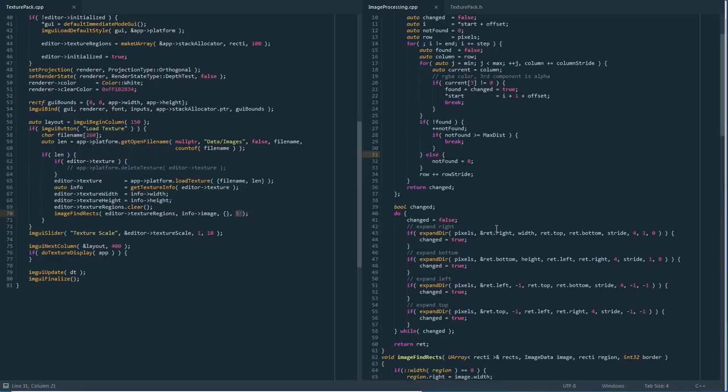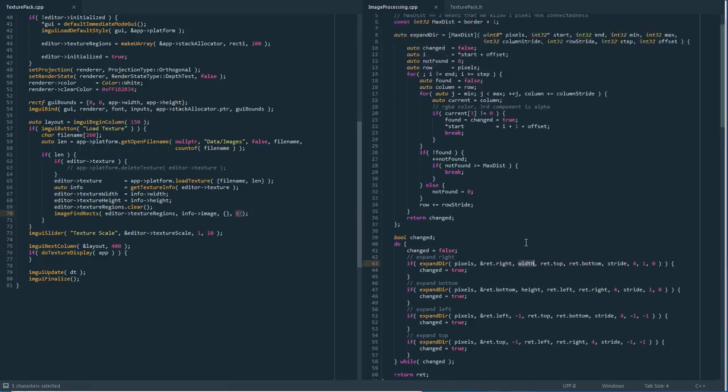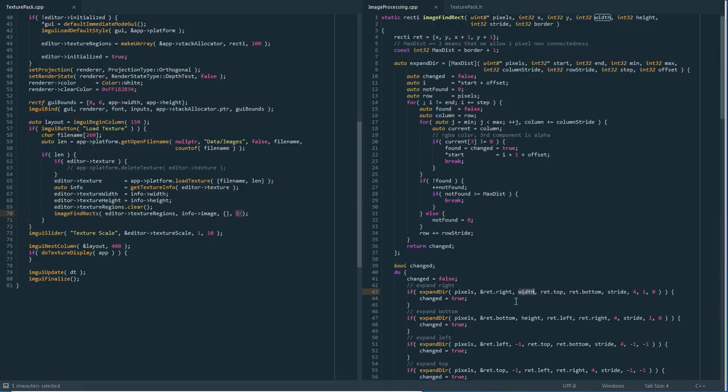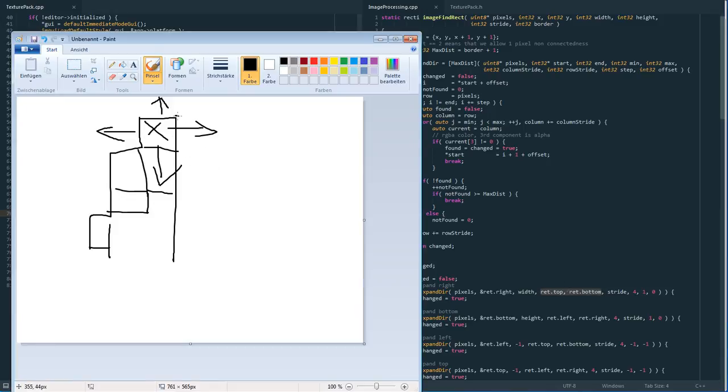Okay, so what am I passing in there? So here we are trying to expand to the right. Width is the width of the image. And then it takes the top and bottom of the current region, which is this part. And then it's looping over all the pixels